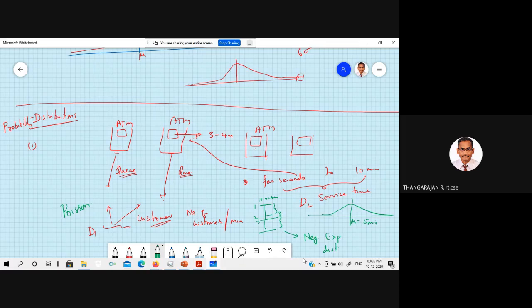So you see, in real life there are different types of distributions for different types of processes. To simulate such processes, you should draw random numbers from those appropriate distributions. Then only your simulation will be like real life. Otherwise, your simulation will not be real life, it will not be effective. So that is what we are talking about. I have mentioned some few distributions: Poisson, negative exponential, and normal. So I have mentioned three.